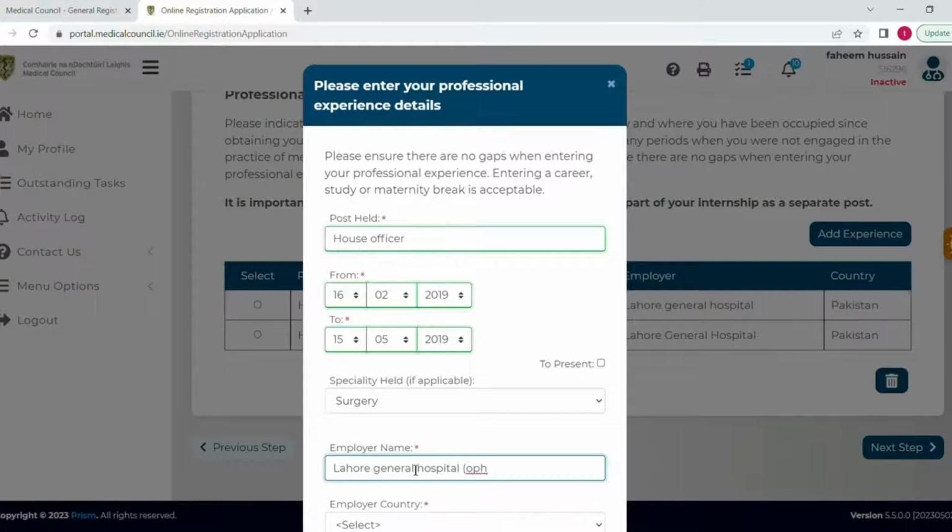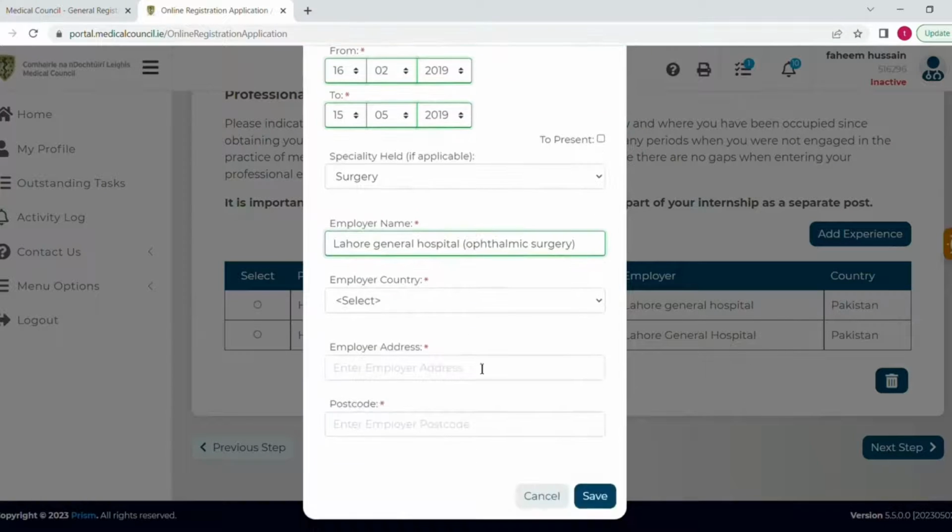So here you can see I have again selected the surgery. Why? Because my rotation is not shown in that box. So I will write down here my employer name, Lahore General Hospital, and then in brackets I will write ophthalmic surgery. Also, some information you have to remember is that if you have done ENT, then